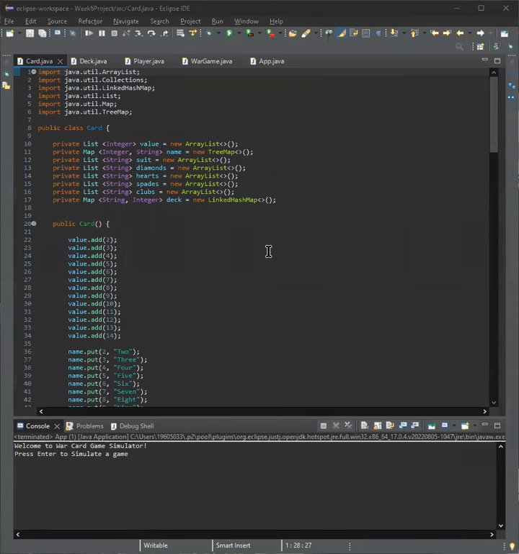Hello, everyone. Today we are doing a simulation of the card game War, and I'm just going to get into it. I made this a little bit more complicated than it needed to be. As the week went on, I realized that I had to do a few things that weren't necessarily put into the project, but I found a way around it. Sometimes when you're doing stuff like this, you run into issues where you set things up and they're not working the right way, and you just have to have the mindset to get it to work